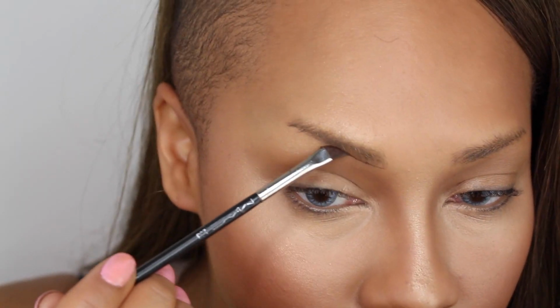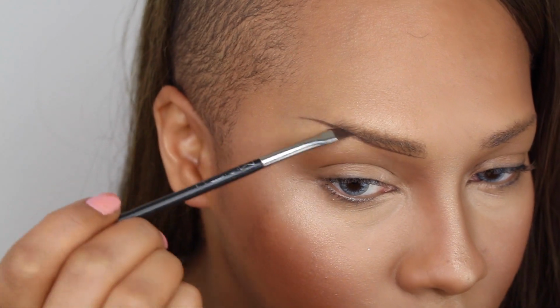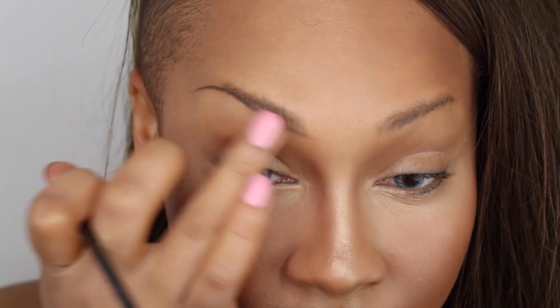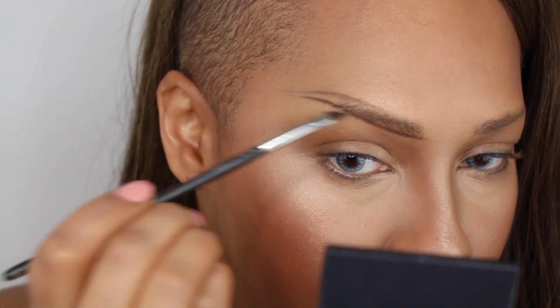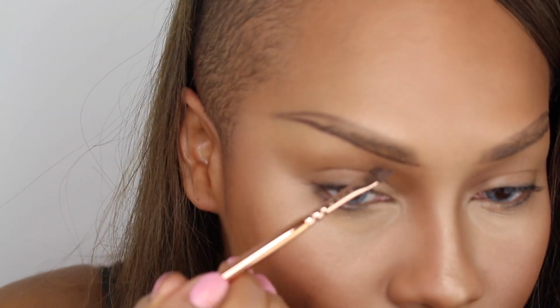Now this is Dip Down Fluid Line by MAC, and with my lighter hair, I'm finding this is too dark just on its own, but I need the darkness to stand against my hairs so you can't really see the hairs behind the color. So I'm using this first to do my outline, and going along my bottom row of hair first, and then extending my brow to where I want it to be so that I don't have these